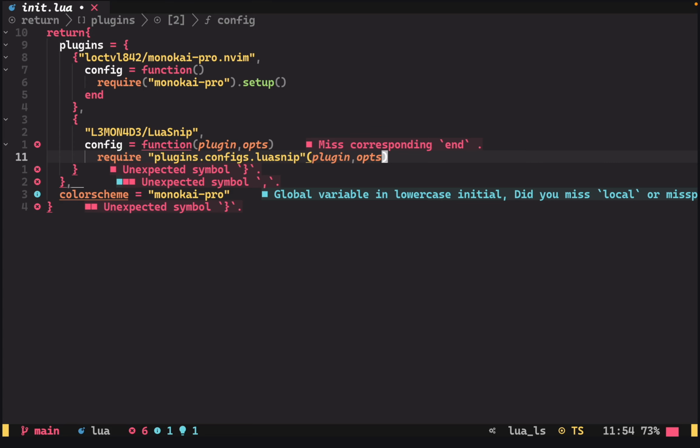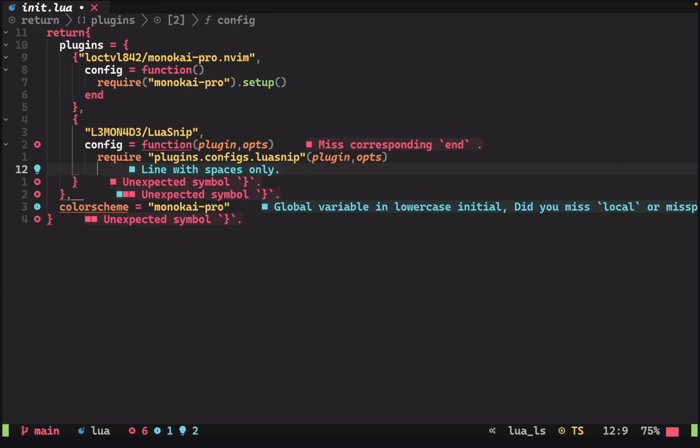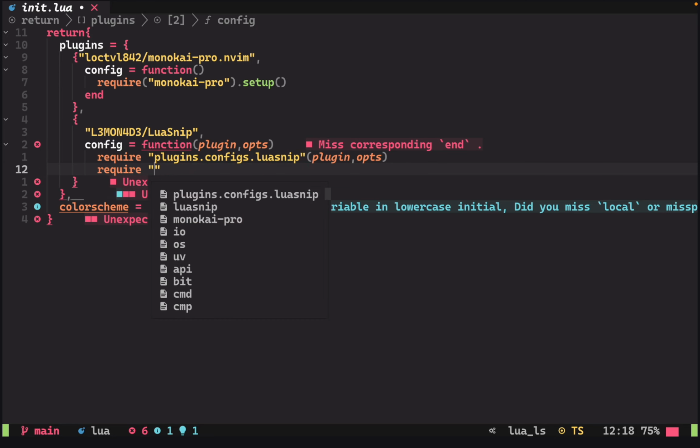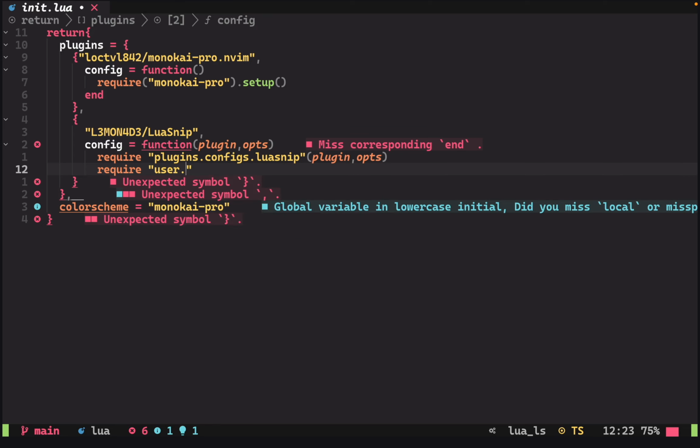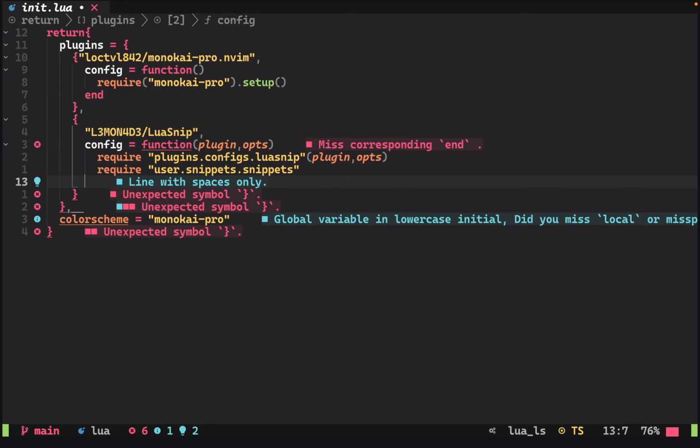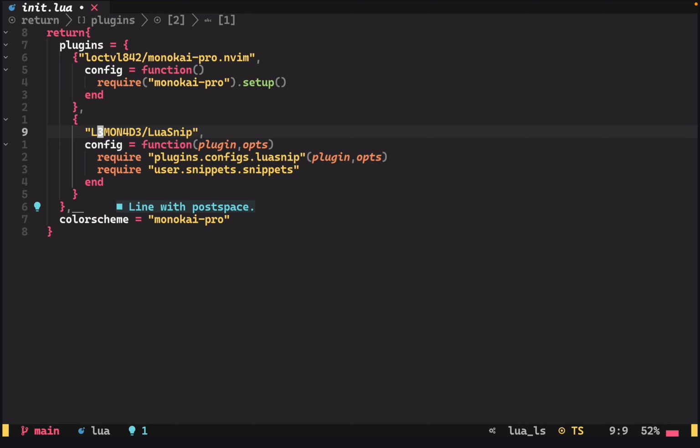So this includes the default files, and then we'll just add a repository user dot snippets dot snippets, just in case we use different snippet files, and we're gonna end this. So this is our config function. Now this is the file under which we are going to store our snippets. So let's just quit this,